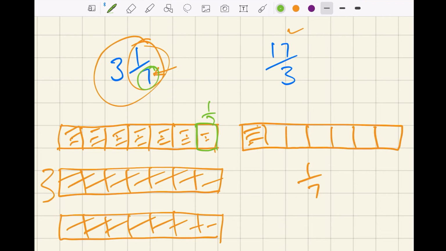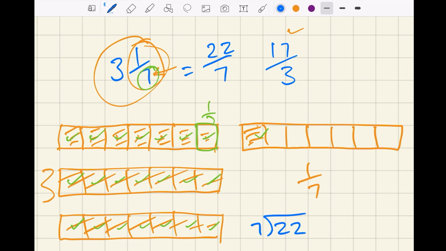So if I look at all the coloured in shapes, how many sevenths altogether have I got coloured in? Well, let's just count them. 1, 2, 3, 4, 5, 6, 7, 8, 9, 10, 11, 12, 13, 14, 15, 16, 17, 18, 19, 20, 21, 22. So, as an improper fraction, it's 22/7. If I was to do this as a division question, 7 into 22, I would have 3 with 1